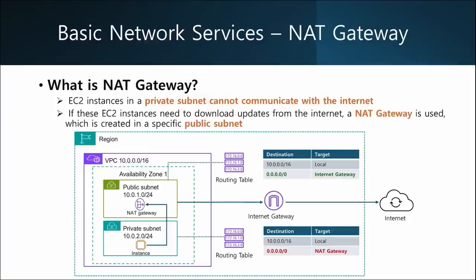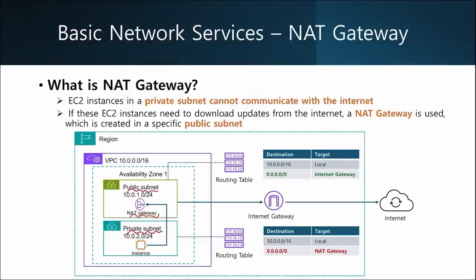Next is the NAT gateway. Private subnets that contain EC2 instances cannot communicate directly with the Internet. However, there are times when these instances need to download updates from the Internet or access external resources. In this case, a NAT gateway is used. A NAT gateway is created in a specific public subnet. When an EC2 instance in a private subnet needs to access the Internet, it can communicate with the Internet indirectly